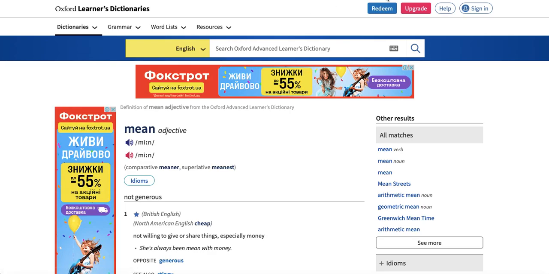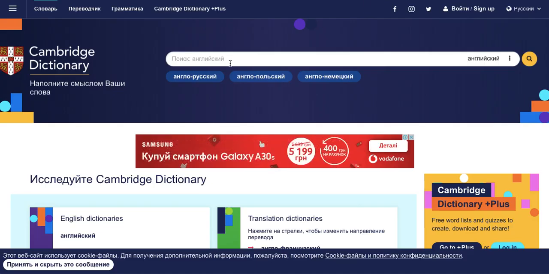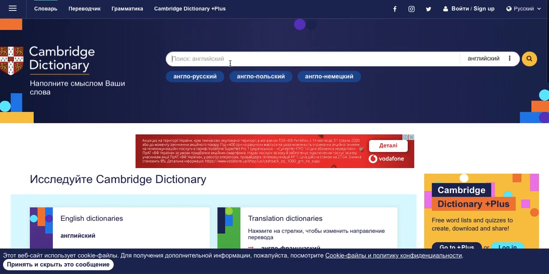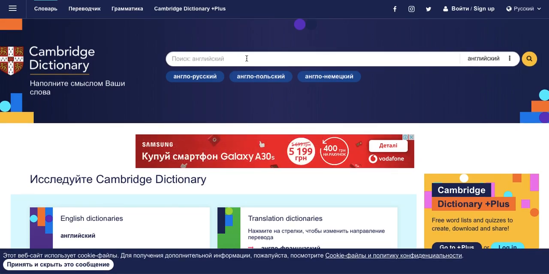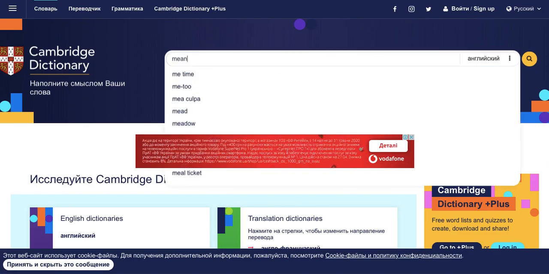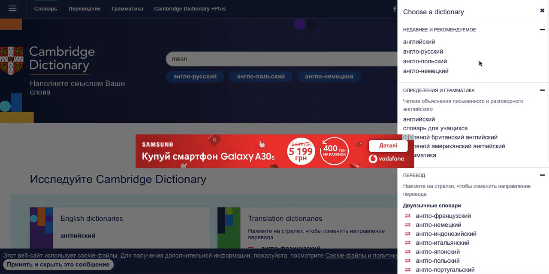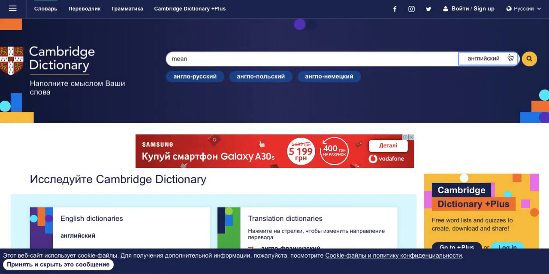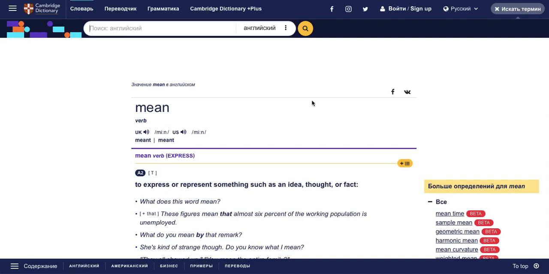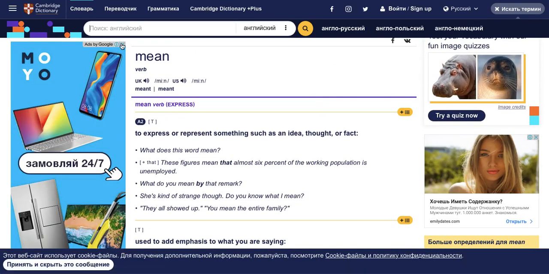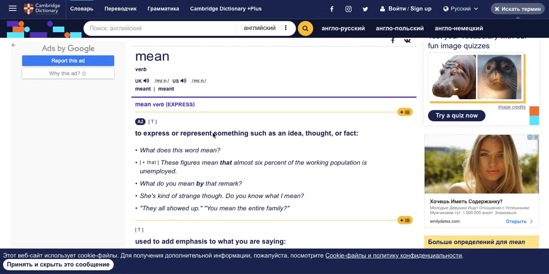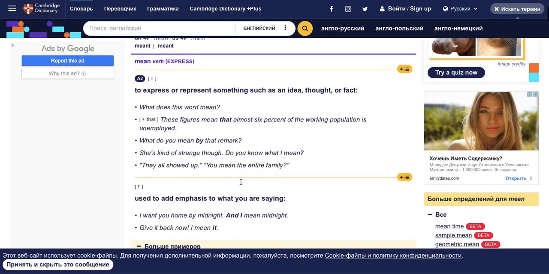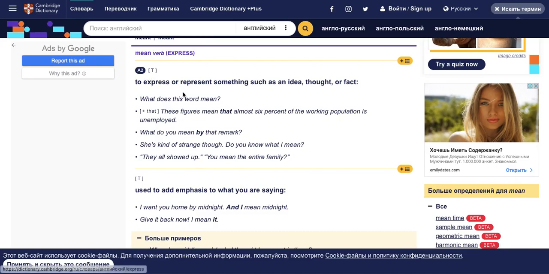Moving on to the second dictionary, it is called Cambridge Dictionary, and the website is dictionary.cambridge.org. So here I do the same. I type the word and I press search, and we have here again the word, but here the single page gives you everything: mean as a verb, mean as an adjective, mean as a noun in some cases, and again you will have here the reference to the level every time